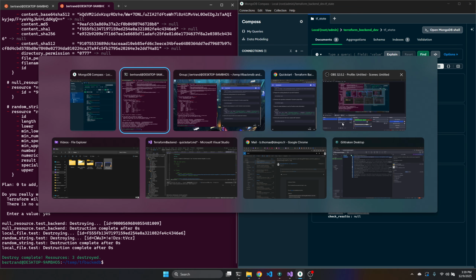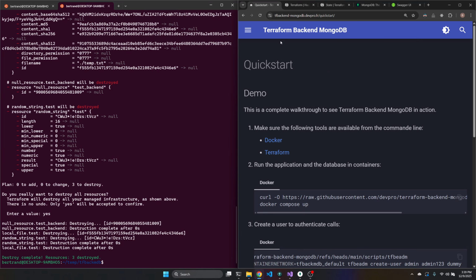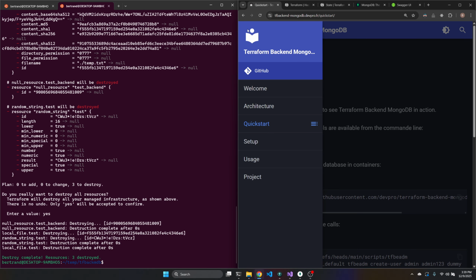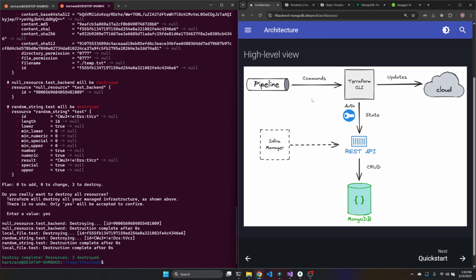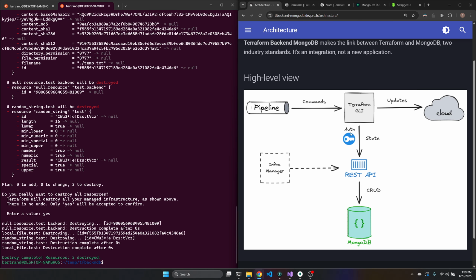And this is something that is lacking in a lot of practices about infrastructure as code. Information can be duplicated in a lot of places. Whereas here, you can take advantage of the Terraform state to potentially build a single source of truth and link it with the infra manager.